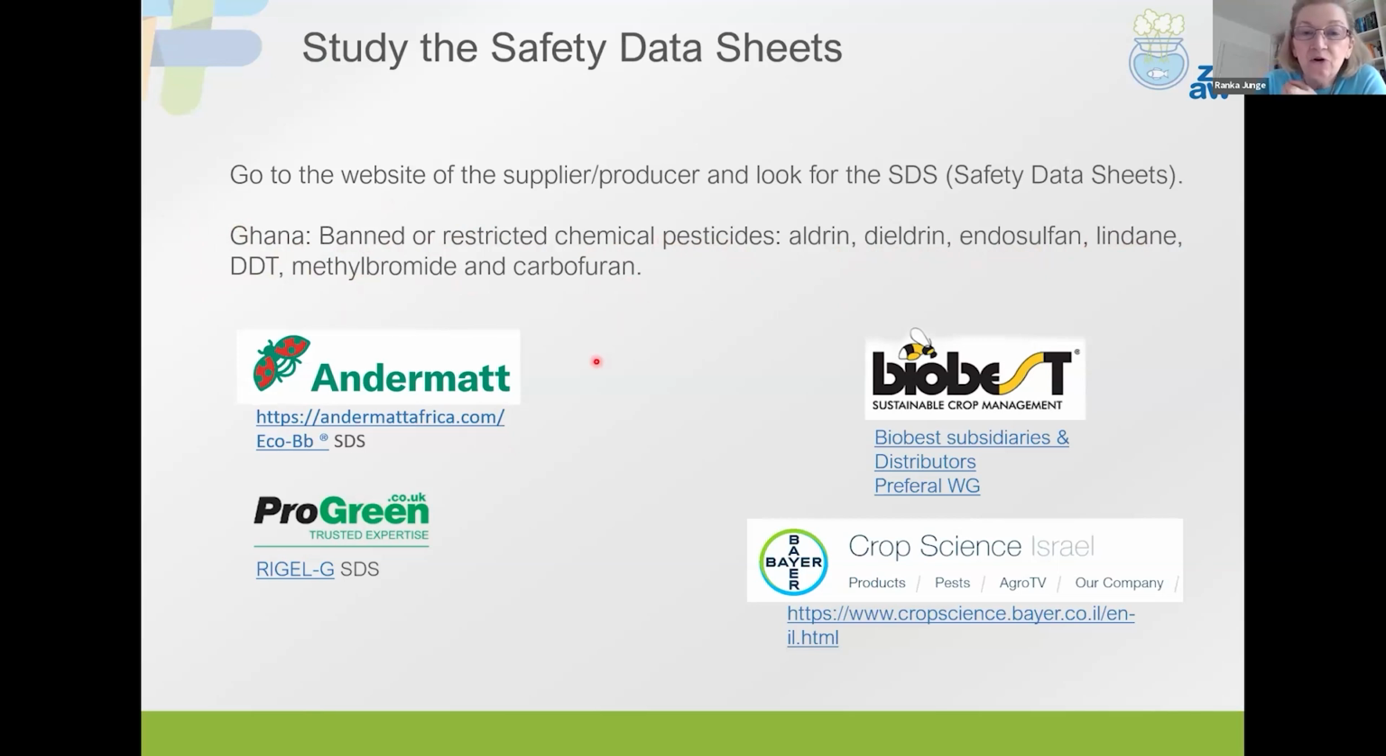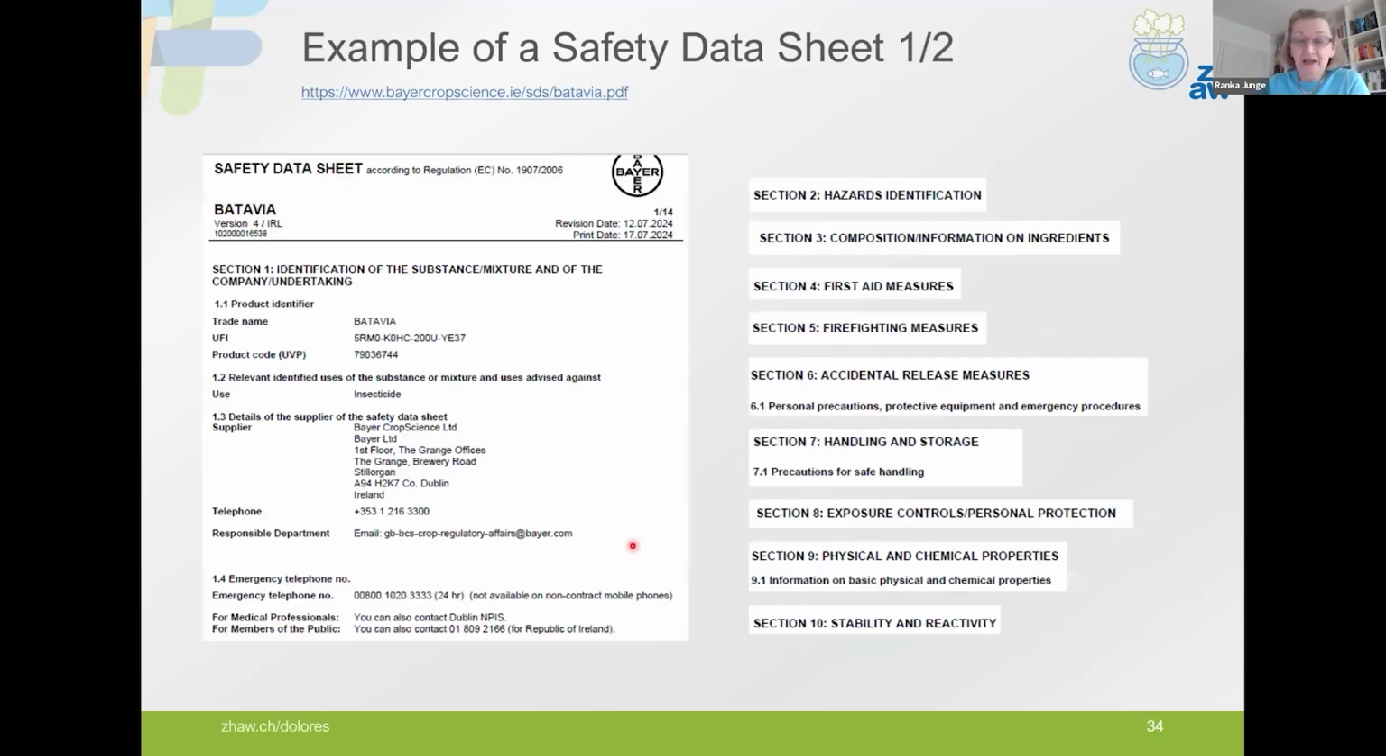But then you look at what is offered by different companies and look for the safety data sheets. In Switzerland you would use Andermatt, but there is also Andermatt Africa, for instance. There is ProGreen, there is Crop Science in many countries, Biobest is in many countries. Here is an example, not the entire safety data sheet, just little pieces. The entire safety data sheet, for example, for Batavia,